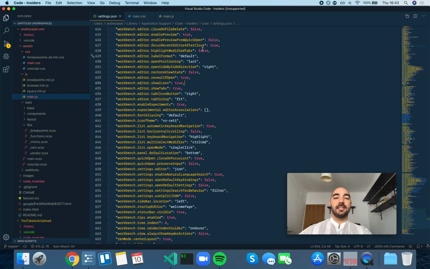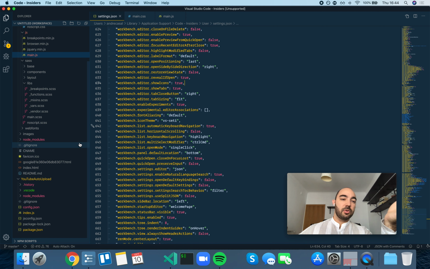swipe of the eyes through this tab tells me that this is a JS file. Otherwise, I would have to read JS. And yes, the icon looks very much the same as the extension, but